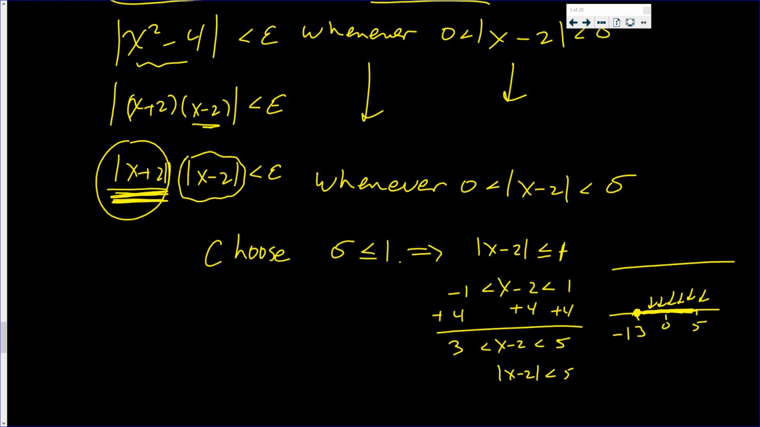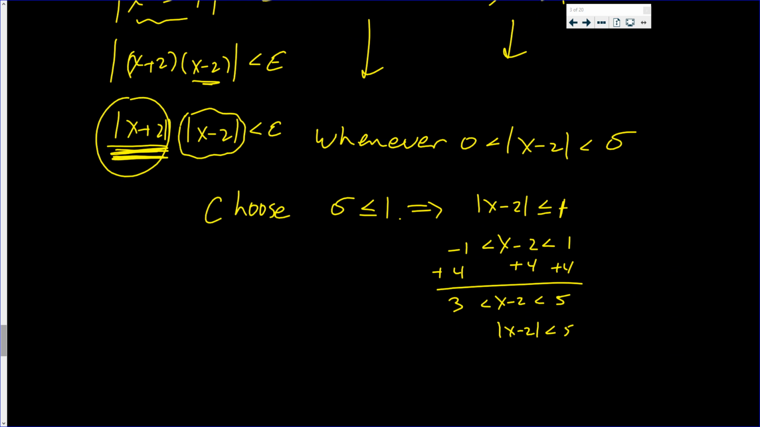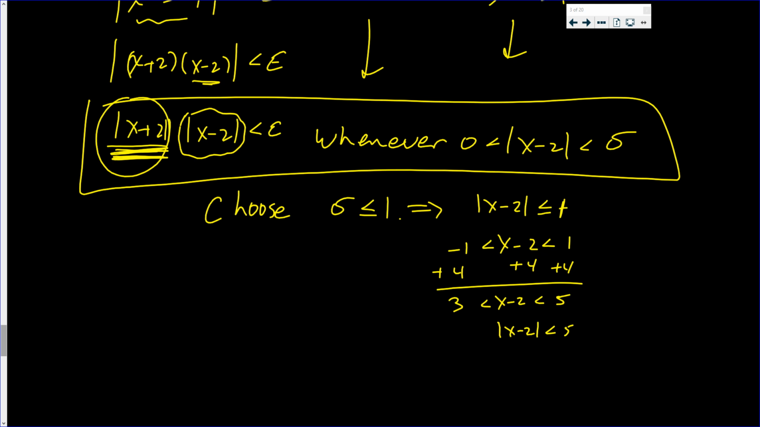So I would then say that the absolute value of x plus 2 will be less than 5. Okay, now this is excellent. This is excellent because, so we have this line. So now the absolute value of x plus 2 times the absolute value of x minus 2, well, we know